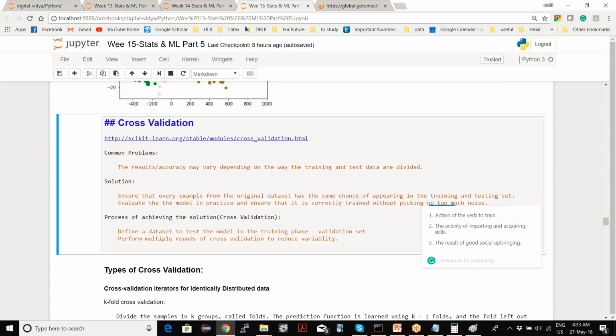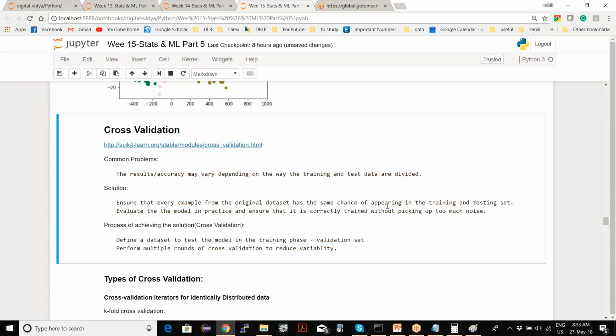But what do we do while training? To achieve the solution while training, this method is called cross validation, where you make sure that every example from the original data set has the same chance of appearing in the training and testing set. What does cross validation do?